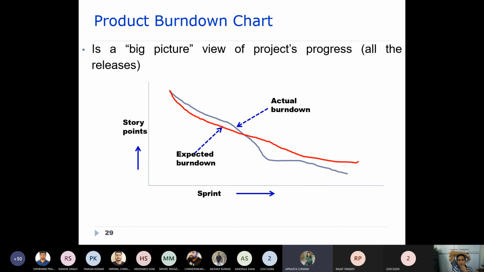Let's say there are 1,000 story points that need to be developed. These are the stories. 1,000 stories are required to be developed. We expect that these many stories will be solved through all these sprints. By the end of 6 or 7 sprints or something like that, you need to have all these story points implemented. This is what we expect.